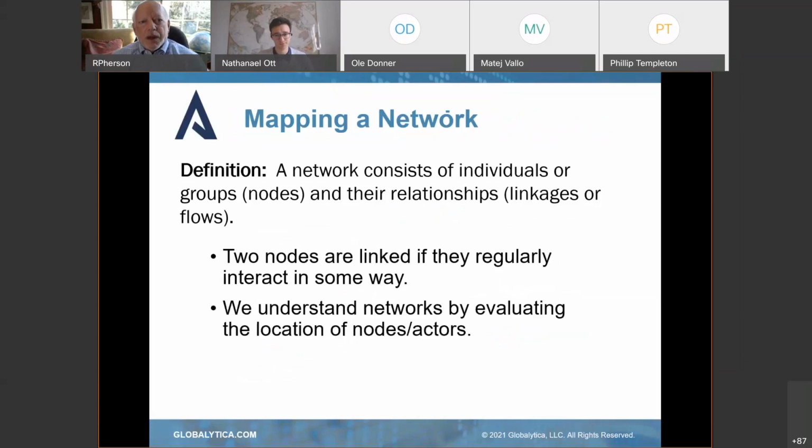So the fundamental of mapping a network is that you identify your nodes, and generally they're people, and then you look at how they relate to each other. And you have your linkages, and you do that by drawing lines. You can have lines with arrows on them or not. You can label the line, but you really start putting together a map of who counts, who they talk to, and what's going on.